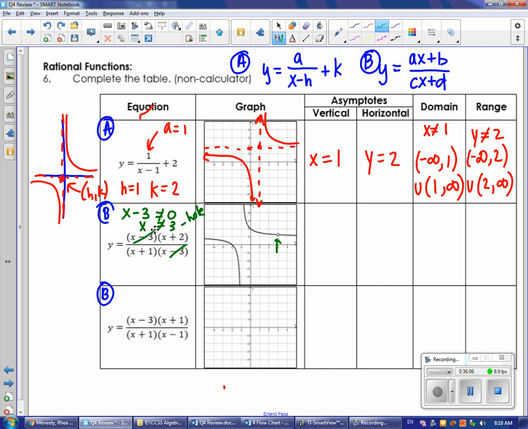So I want to think about what's left. My vertical asymptote is found by taking the remaining quantity in the denominator, that x plus 1,